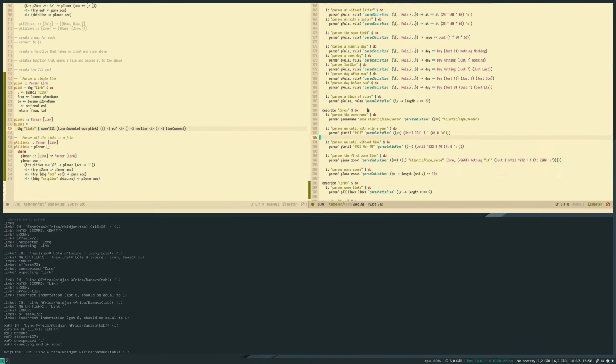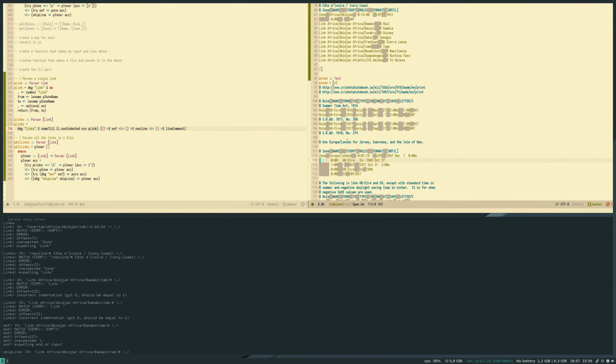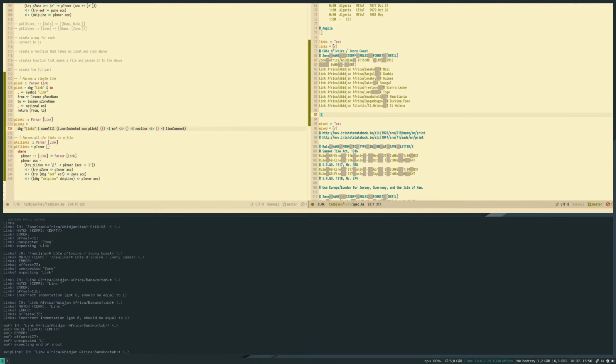So it tries to parse links here. It says new line, Cote d'Ivoire, Ivory Coast. It's not a link because it skips these lines because we are using the non-indented, and it moves here.